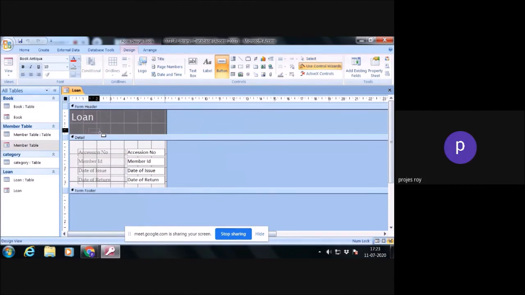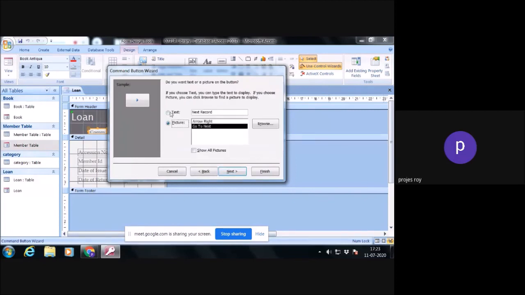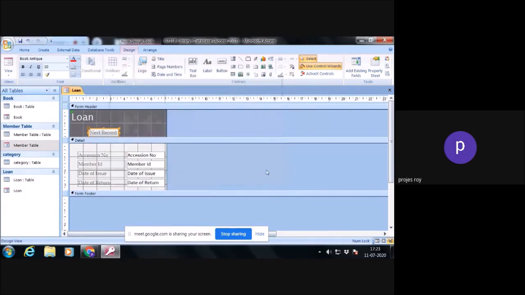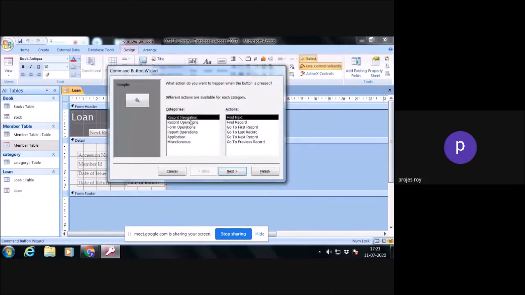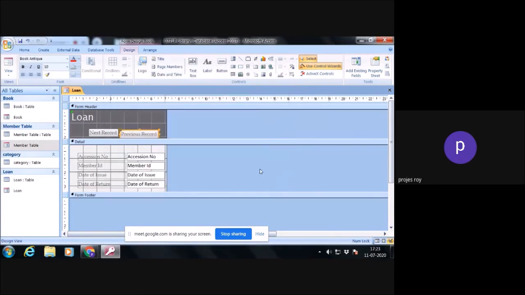Just put over here, go to next record, finish it. Then here you can put another, previous record, next, finish it. Then you just drag down this one, it will increase automatically.